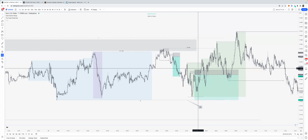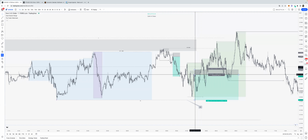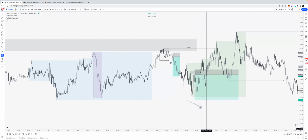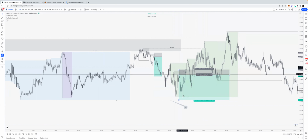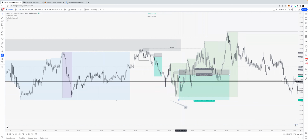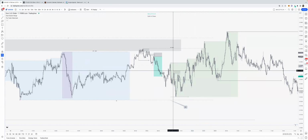Okay, so let's assume it was like this. I didn't take a screenshot either. And I think it was smaller, but fine. And then, yeah, so break even. Why break even? Because this is the first block, or this was for me the first block, and it came up pretty impulsively. Came down. We broke this minor structure over here. Therefore, reduce stop loss, aka break even. I think it was something like this, 0.17, somewhere around here. So I took it out, first trade, then second trade I took from here,